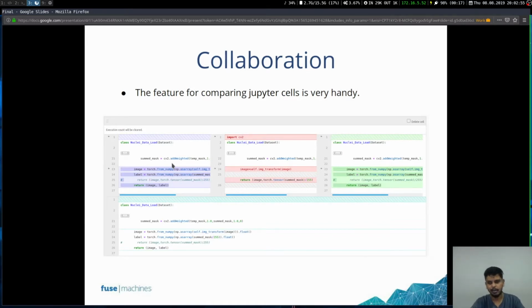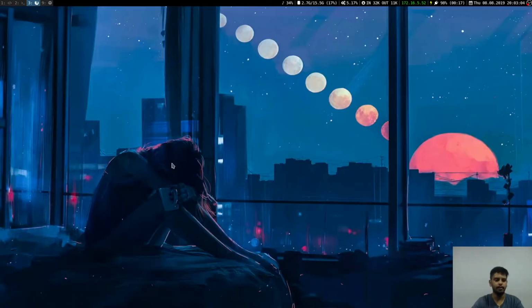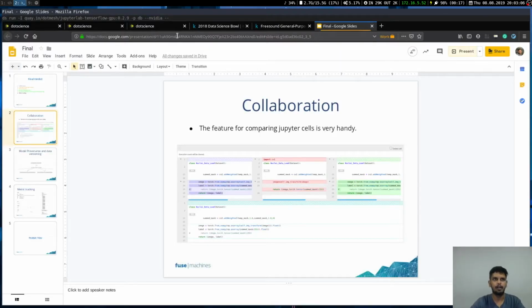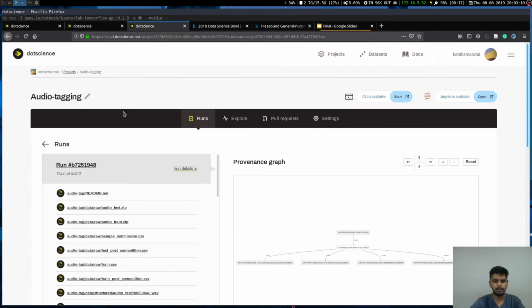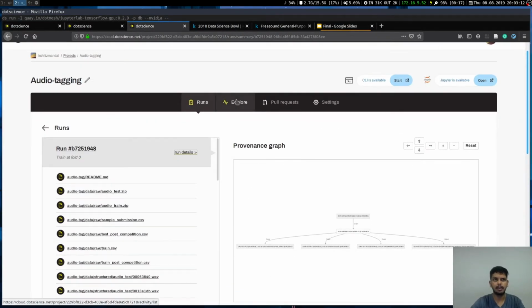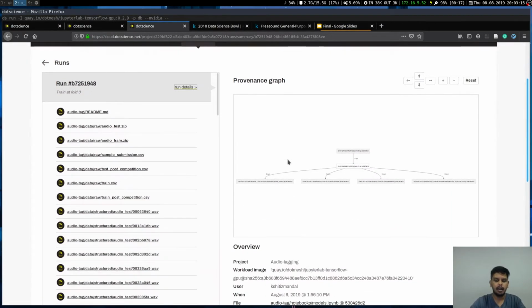So we usually tend to run the experiments from the notebook itself, and this is something I personally like from the Dotscience platform. Moving along, I talked about the provenance graph, the details and everything, the metrics, and